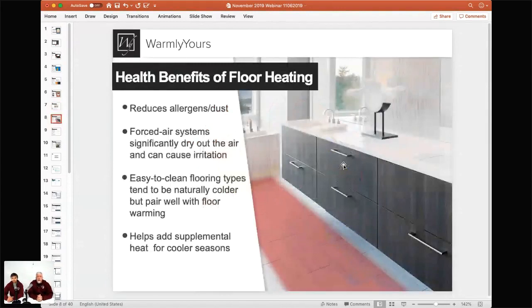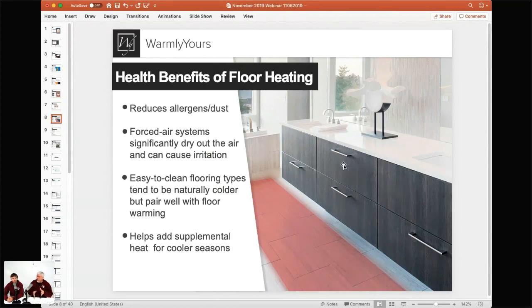So let's talk about the health benefits of floor heating. Well, the main thing with floor heating is you don't have a lot of hot air, right? Yeah, that's number one thing. And that hot air is not blowing around dust, allergens, that sort of thing. It's not making hairballs in the corner from the cat or whatever. The problem with this is